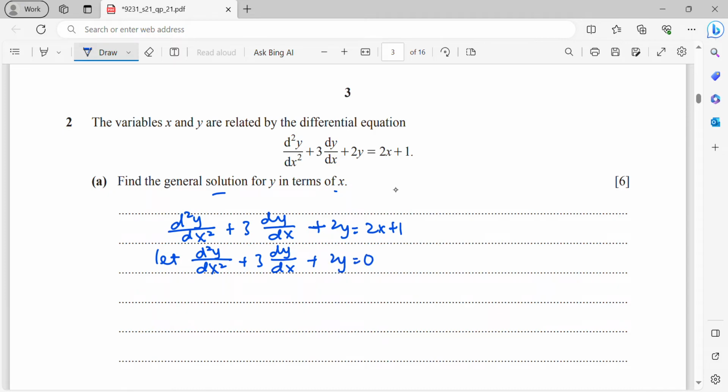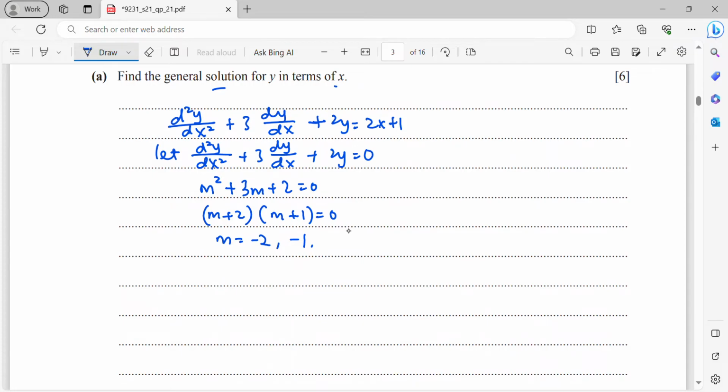Once you let the right side be 0, we will be getting the auxiliary equation. Factorize this into two linear factors, then you will be getting (m + 2)(m + 1) = 0. Therefore, my m is going to be -2 and -1. Just let the factor be 0, right? So now my CF, complementary function, y is, since you are getting two different m values,